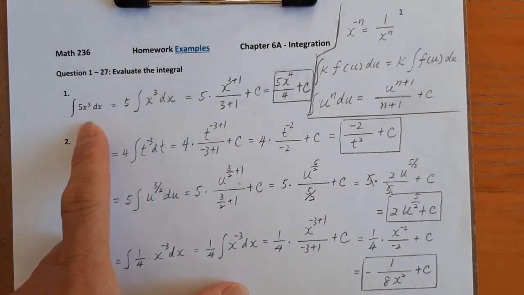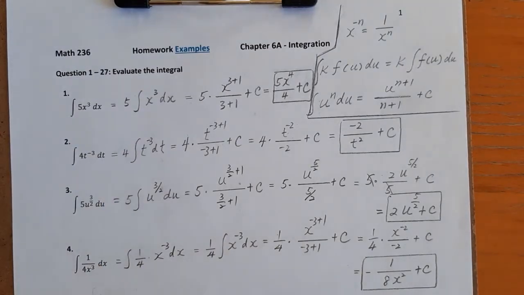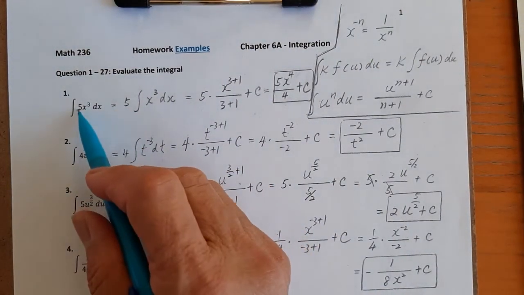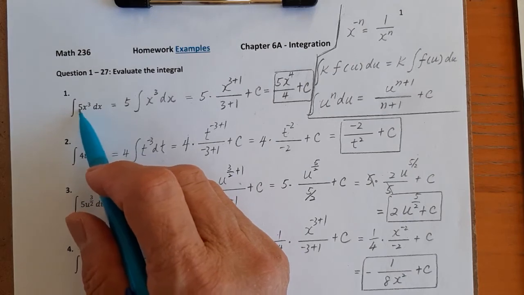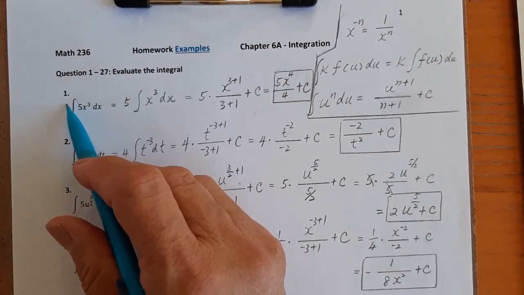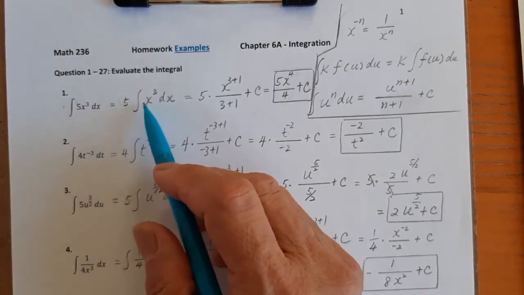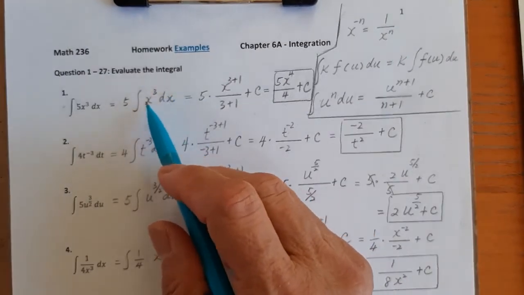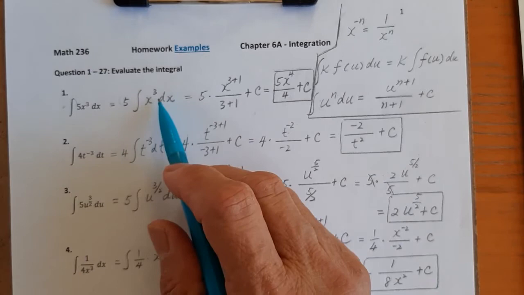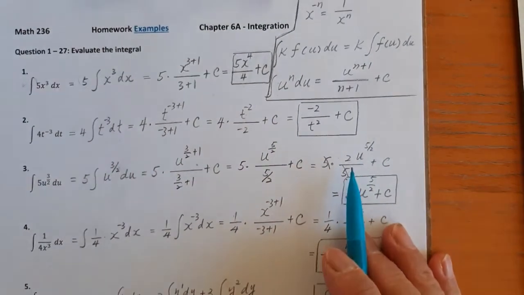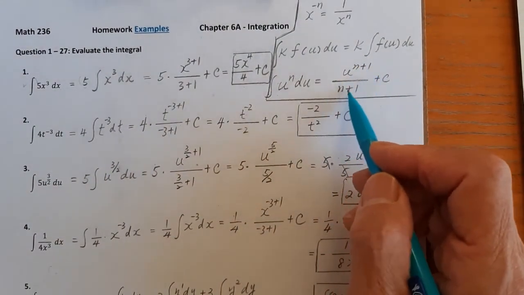integral 5x cubed dx. First of all, we use the constant multiplication rule. We can factor out this constant. This we also call scalar multiplication. This scalar factors out, and we get integral x cubed dx, and this scalar 5 times this x cubed dx. Take the integral and use the power rule: integral u to the n du